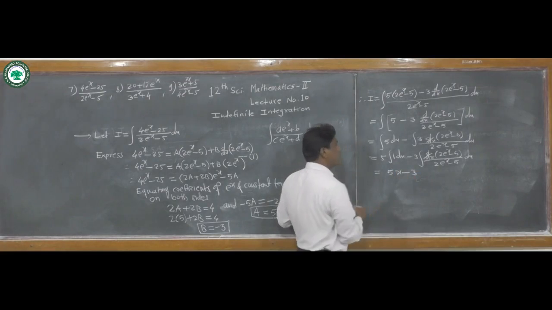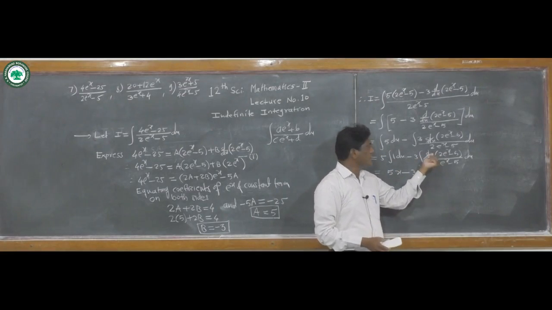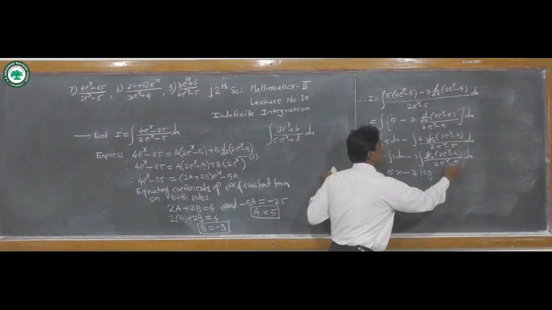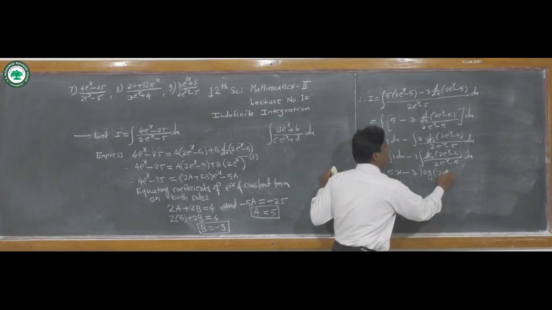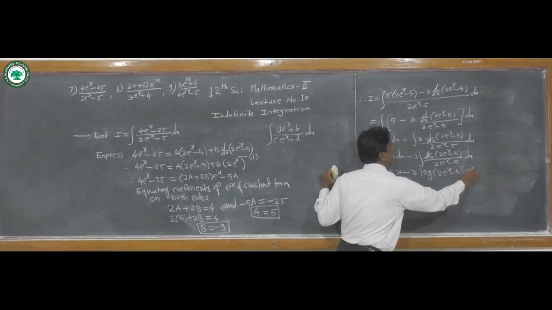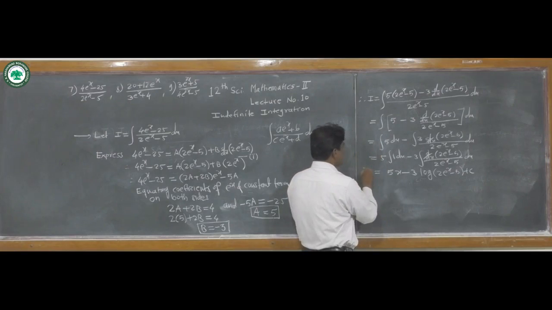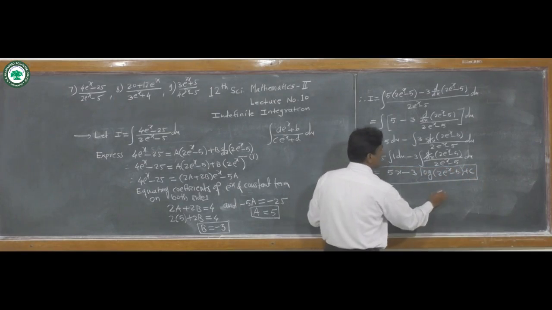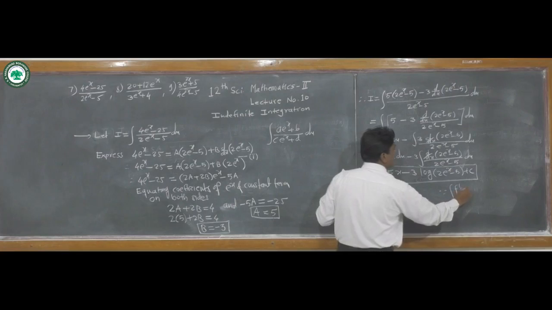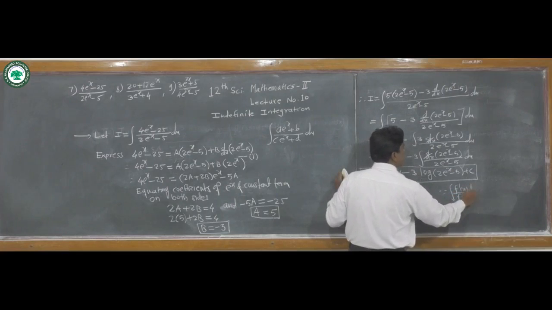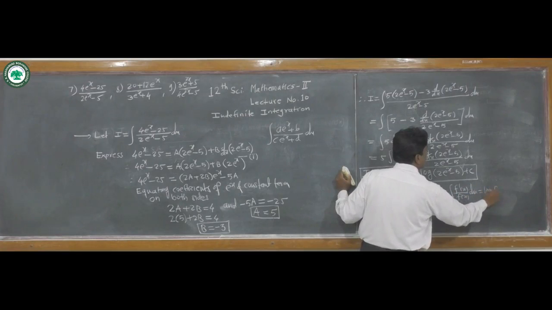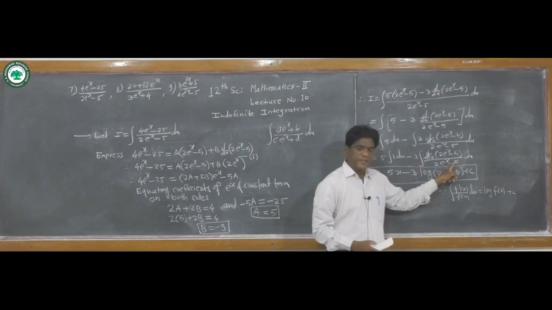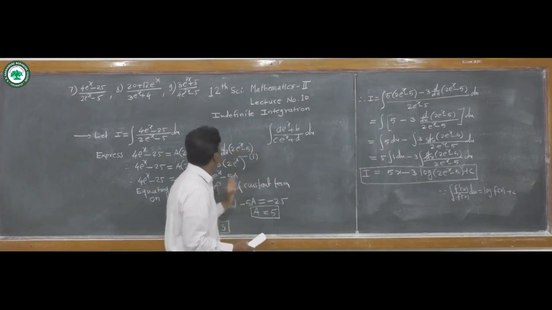Now minus 3, and here we use the corollary. Here the function's derivative is in the numerator and the function is in the denominator, and therefore it is log of the function. The function is in the denominator always. So log of 2 to the power x minus 5, plus constant of integration. This is the final solution. For the second integral we use here the corollary. Which corollary? Integration of f dash of x upon f of x dx is equal to log of f of x plus constant of integration. This is the corollary for this integral. So this is the final solution for the 7th problem.